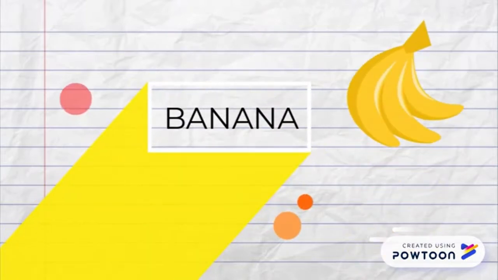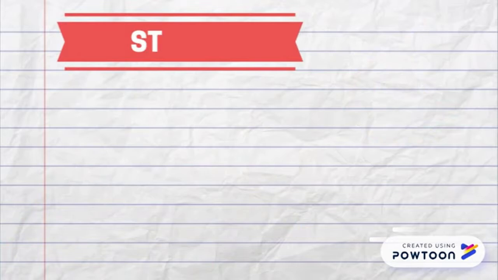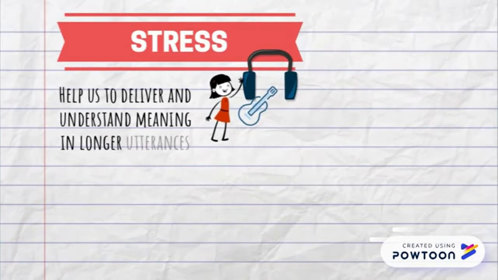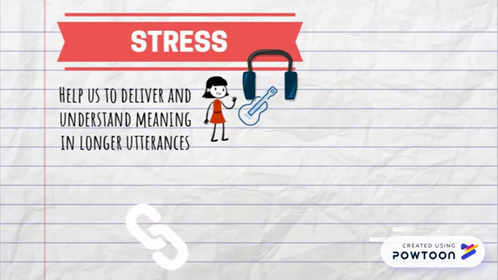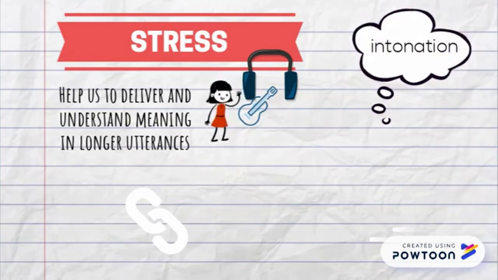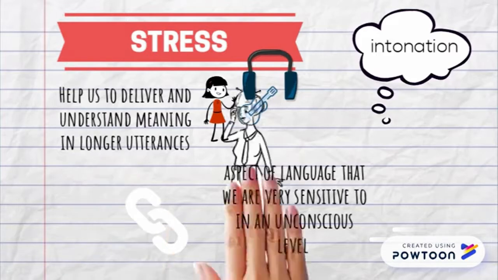Try saying the following word to yourself. One of the syllables in the word sounds louder than the others. In other words, it is stress. Stress gives rhythm to speech and helps us both deliver and understand meaning in longer utterances, and it is closely linked with intonation. Intonation is an aspect of language that we are very sensitive to, but mostly on an unconscious